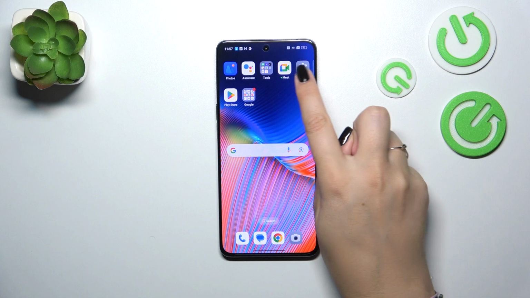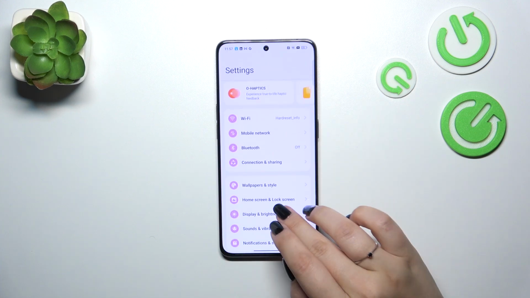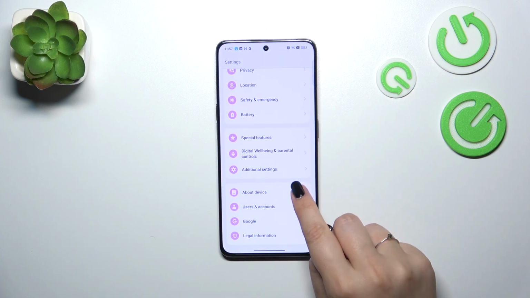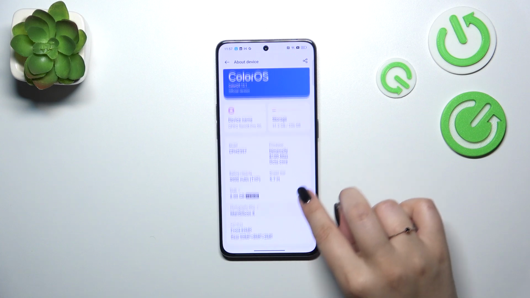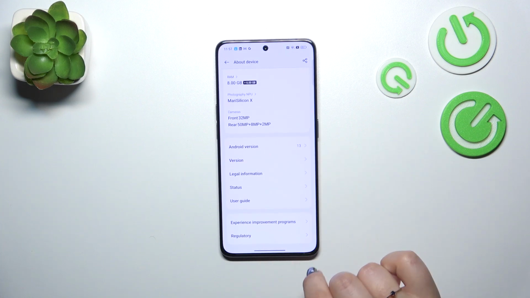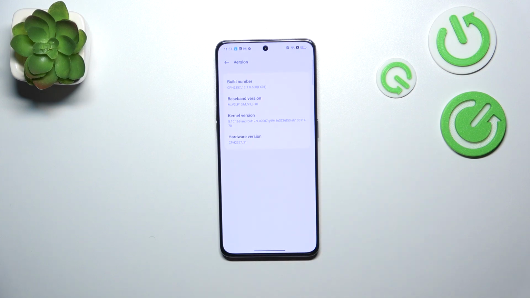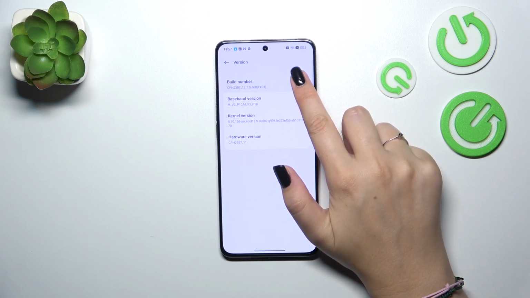So let's start with opening the settings, and here we have to scroll down to the very bottom to find about device. Now we have to find a special number which is called build number, and let's start with entering the version. We will try to find it here. As you can see, it is at the top of the list. So now all we have to do is to keep tapping on it until we will see that we are